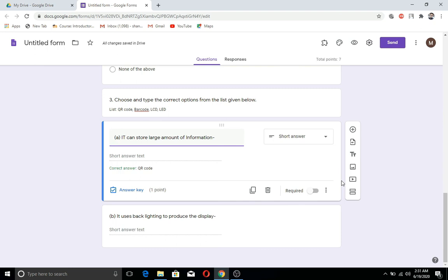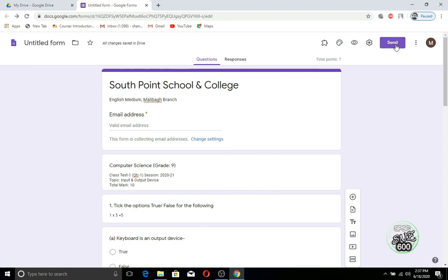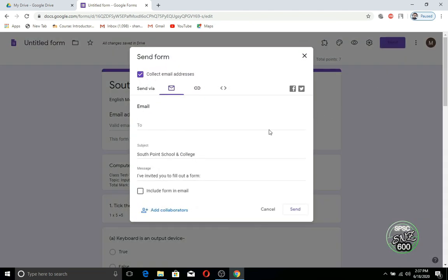Now I have to send the question to my students. So click on the send button. Click on the send button and the subject that is written is school name. So I'm changing the subject name to my subject name as computer science.